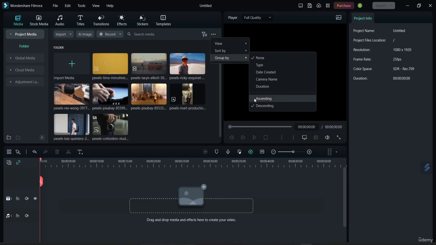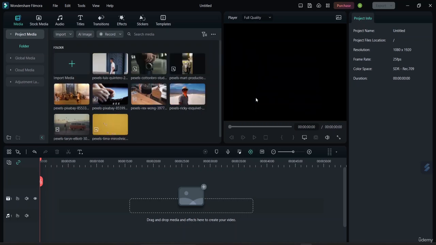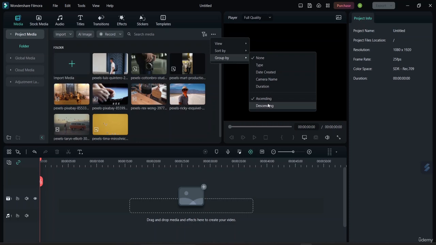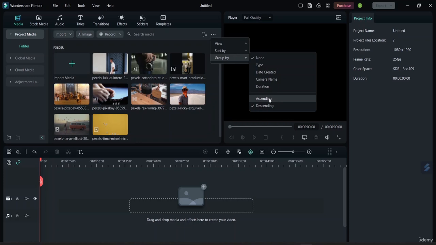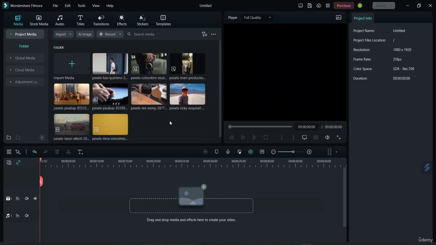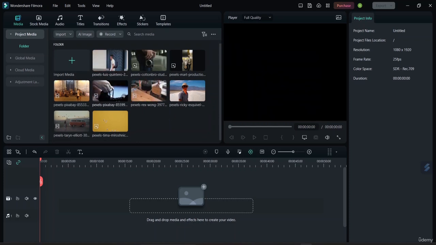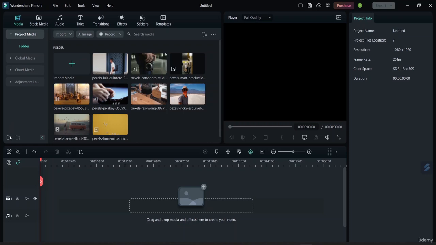the ascending and the descending function. So if we put in descending, you see the last one will come first, and ascending order is like the first one will come first and the last one will come last. So let me just choose this descending order only. No, I'll be choosing the ascending order. I'm sorry for that. Okay, now you can see here,